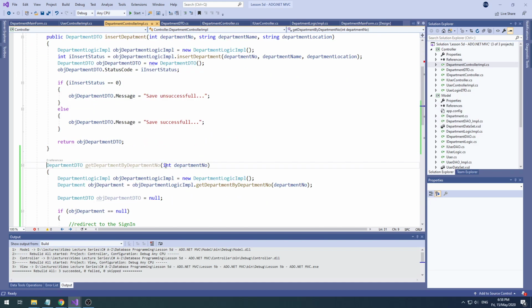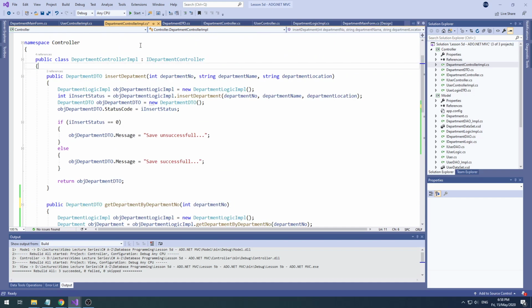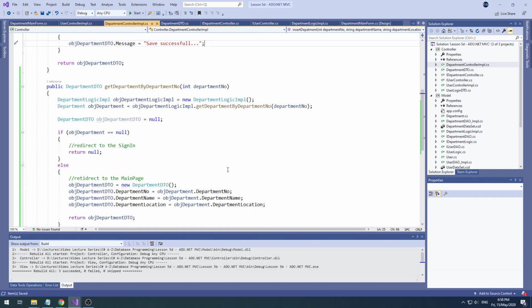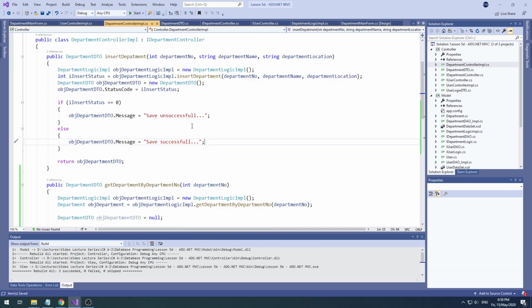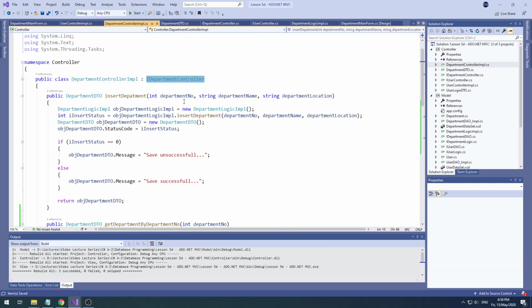Okay, so you have to make it public, right? That's what it says, right? Because you can't lower the scope. You have to make sure that it's visible for the outer class. So all good. Now, before that, what I was telling was, the department controller implementation implements the I department controller interface, right? So which means if you go here,